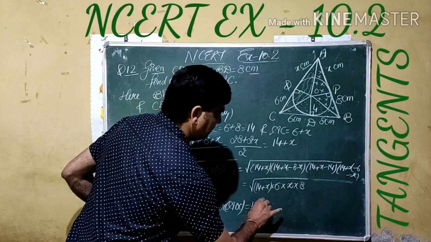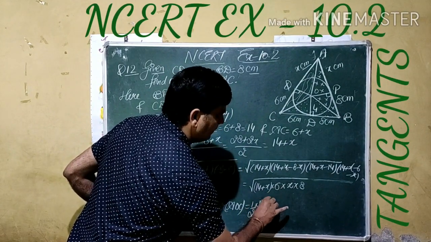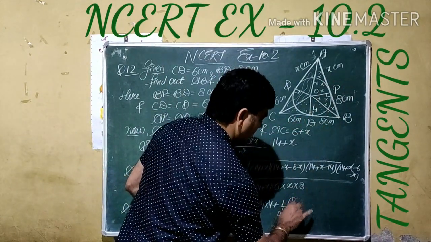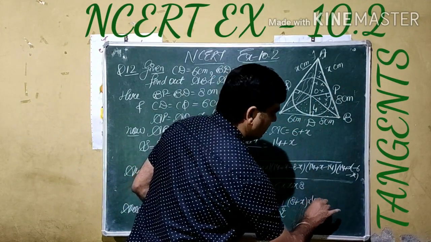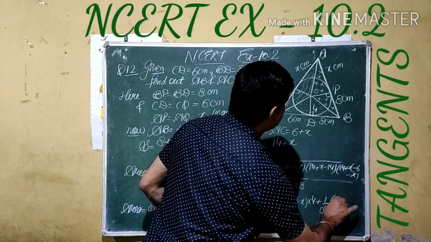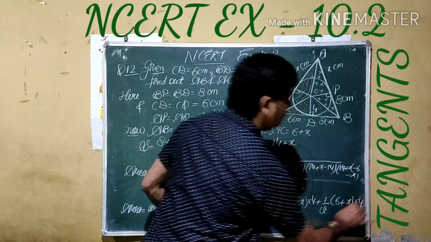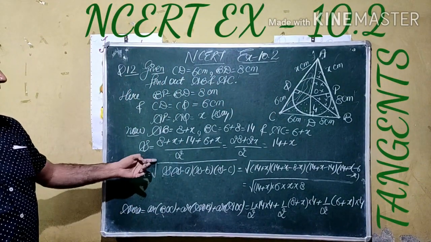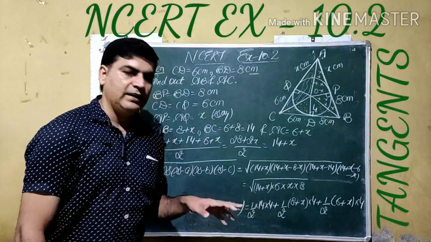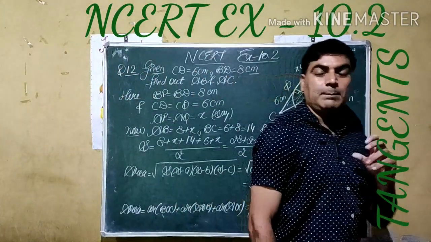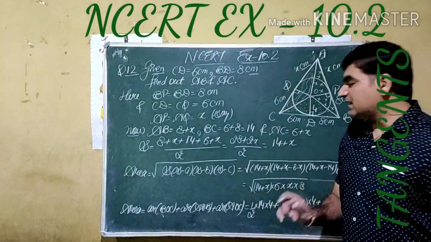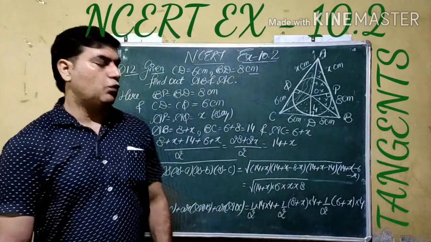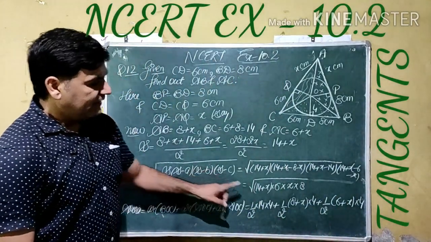1 by 2 base is here 14, height is here 4, plus 1 by 2 base is 8 plus X, height is radius 4, plus 1 by 2 base is 6 plus x, height is 4. If we see here, these are the measurements of the area of the same triangle ABC, one by Heron's formula, the other by 1 by 2 base into height. As the figures are the same, only the measuring methods are different. If we measure by any method, the area of the figure should always be the same. So if we equate them, we can simplify our answer.